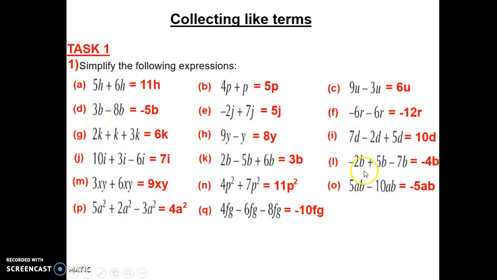And for F, you are collecting like terms. You got 6 lots of negative and 6 lots of negative. That will give you 12 lots of negatives. And let's see what else we have. Oh, for this question again, you are taking away a bigger number from a smaller number, so you will get